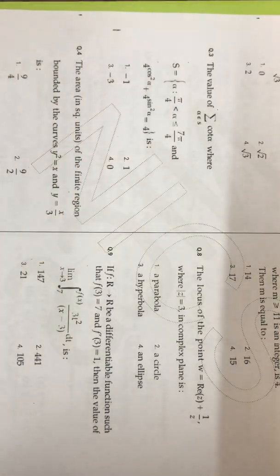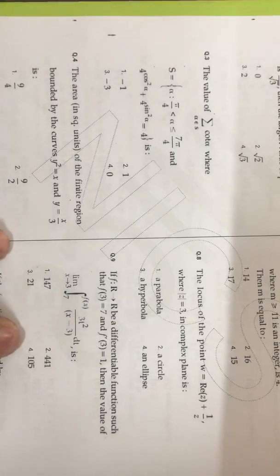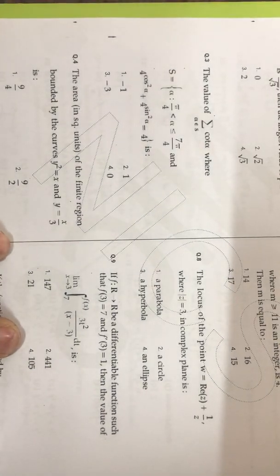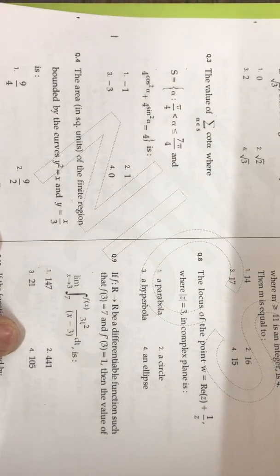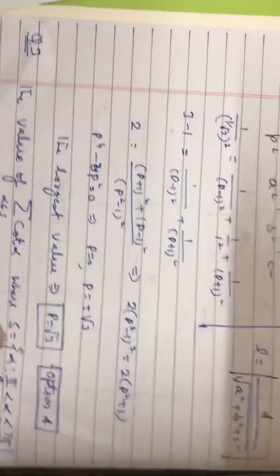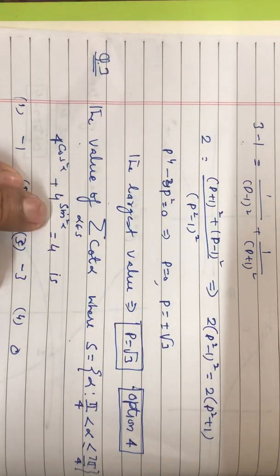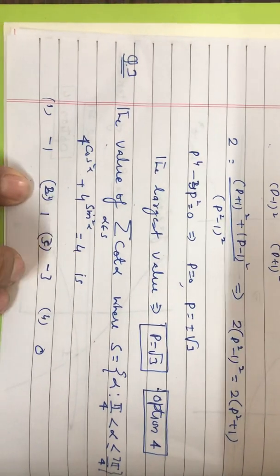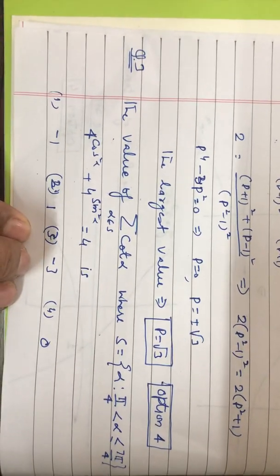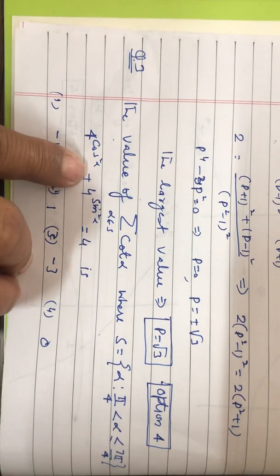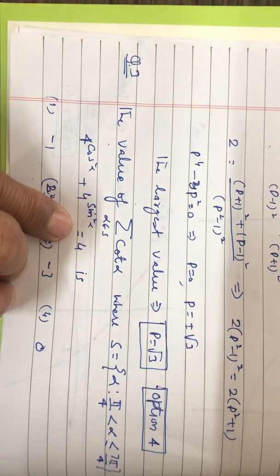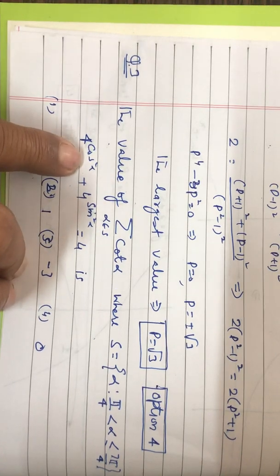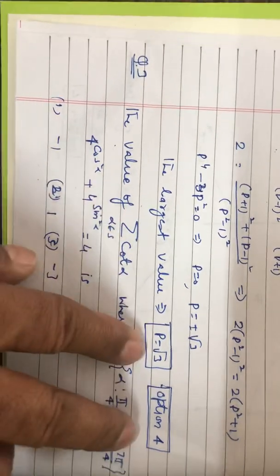Remember that whenever you answer any MCQ, it is always advisable that you also have a look at the options. Options are given in this form, okay? So first we have to solve this equation, which is 4^(cos²α) + 4^(sin²α) = 4, and the options are these. So let's do this: take cos² as 1 - sin²α, or we can do the reverse, sin² as 1 - cos². Choice is yours. So let's convert cos²α to 1 - sin²α.